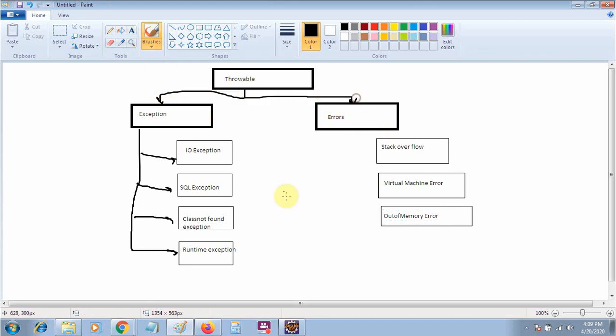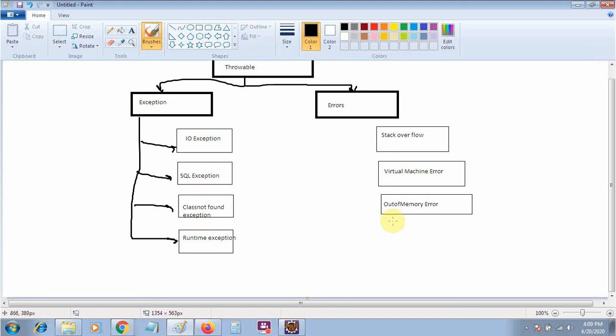Now let's discuss more about the Runtime Exception. Again, the Runtime Exception is divided into four parts. I will explain these four parts here.